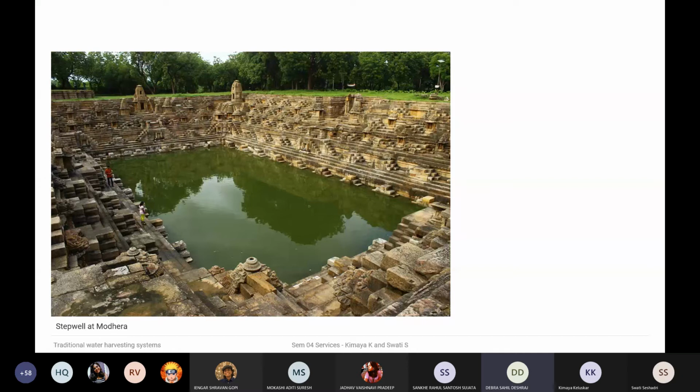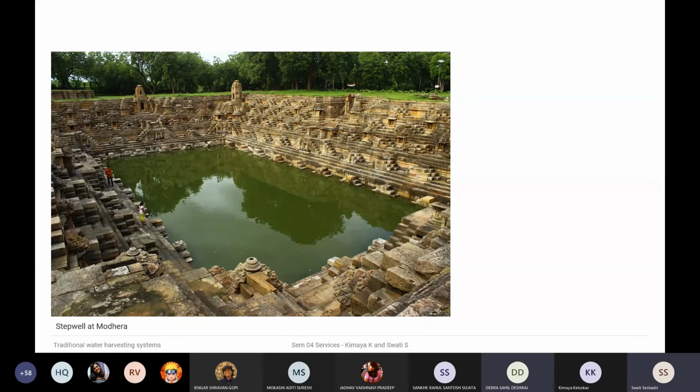My doubt was, does a stepwell depend only on the surface runoff that is being stored, or is it dug deep enough so that the groundwater table can also be accessed from the stepwell? No, it's actually like Kimaya explained. There are springs, and the groundwater is what you're digging for, basically. You're going to go as low as where you get water, hit the level of the water table, so that you get the groundwater that can be used.